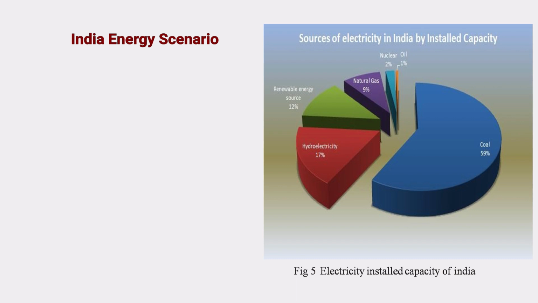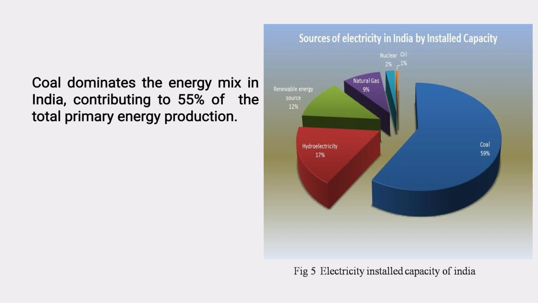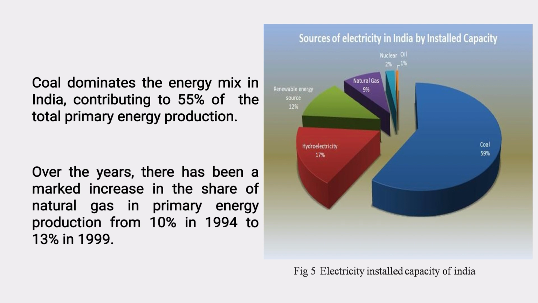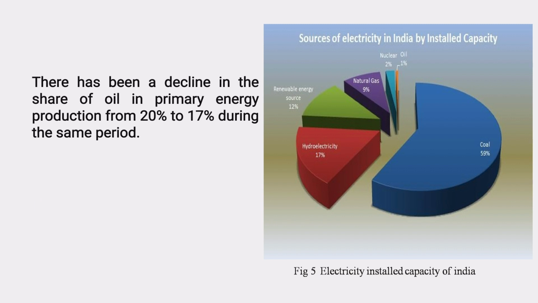Coming to the Indian energy scenario. Coal dominates the energy mix in India, contributing 55% of the total primary energy production. Over the years, there has been a marked increase in the share of natural gas in primary energy production from 10% in 1994 to 13% in 1999. There has been a decline in the share of oil in primary energy production from 20% to 17% during the